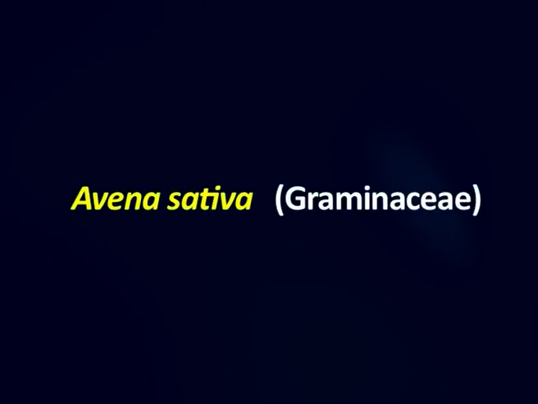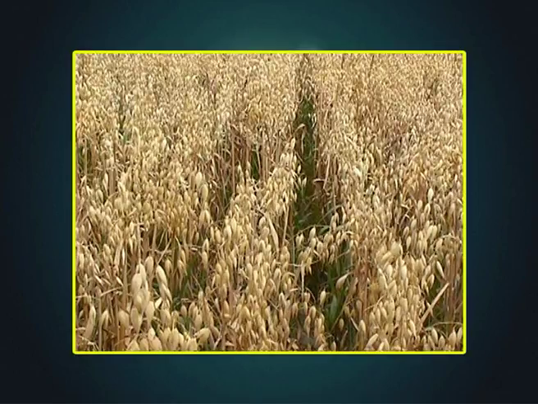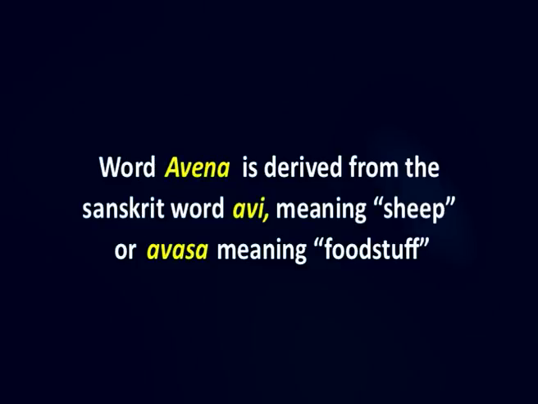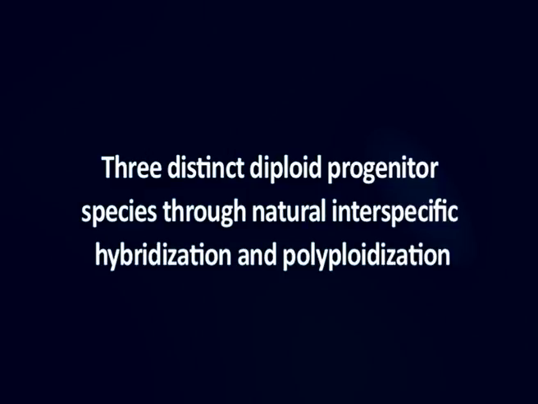Oats, Avena sativa, belonging to the family Gramineae, commonly known as oat, groats, haber. The word avena is derived from the Sanskrit word avi, meaning sheep, or avasa, meaning foodstuff. Oats are a polyploid crop which evolved from three distinct diploid progenitor species through natural interspecific hybridization and polyploidization. An important characteristic which distinguishes Avena sativa from many wild oat species is that Avena sativa does not shed its